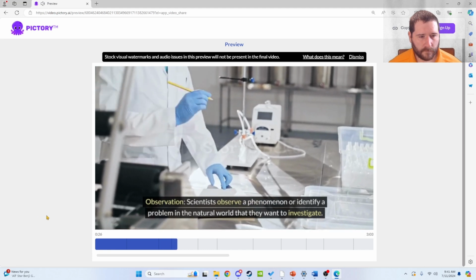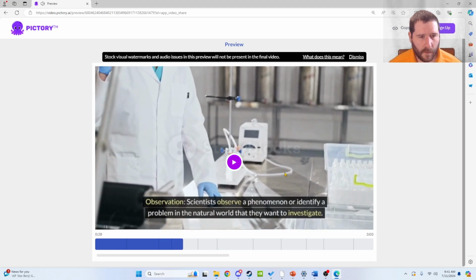Observation. Scientists observe a phenomenon. Okay, so you can kind of see the idea there at the bottom on our timeline here. You can see the different scenes. Okay, so they're cutting these different stock video clips together to try to kind of paint this picture of the